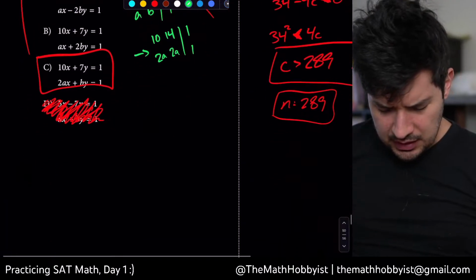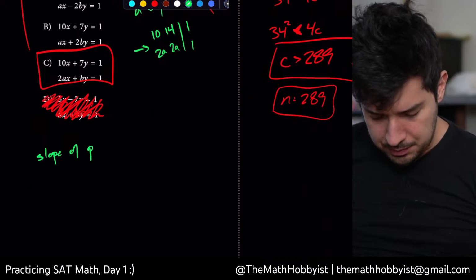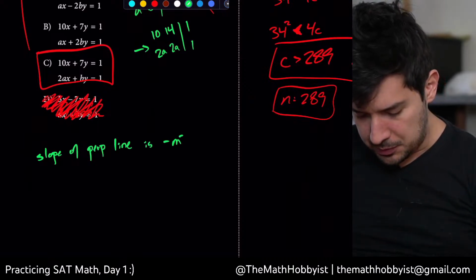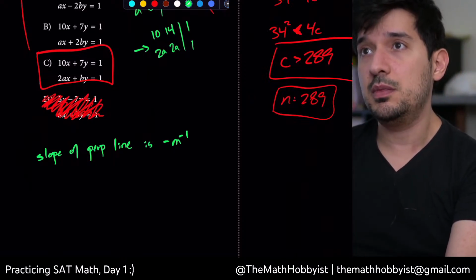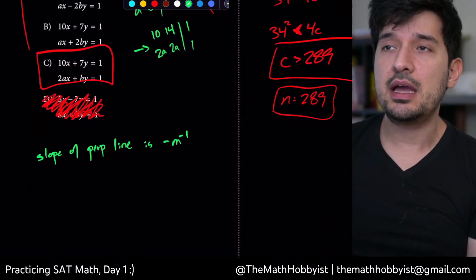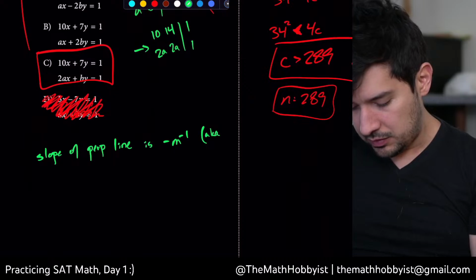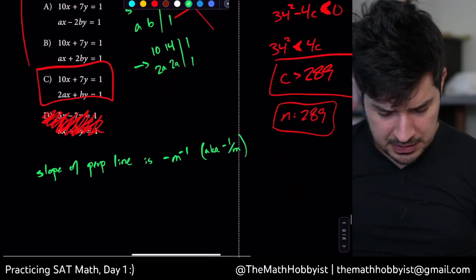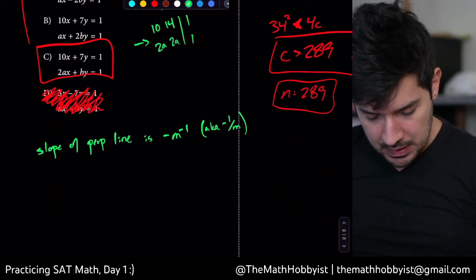Okay, so I think that I was onto something saying that the slope of a perpendicular line is the negative reciprocal, right? Slope of perpendicular lines. Am I wrong? Yeah, it is the negative reciprocal. Okay. Also known as negative 1 over m, right? So if the slope of the perpendicular line is the negative reciprocal, then